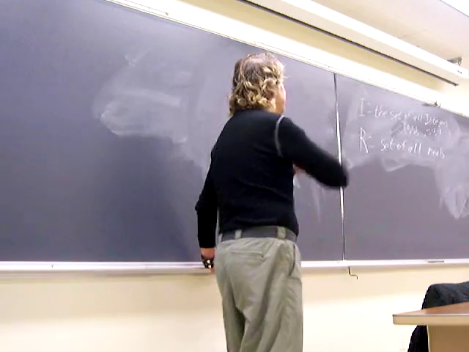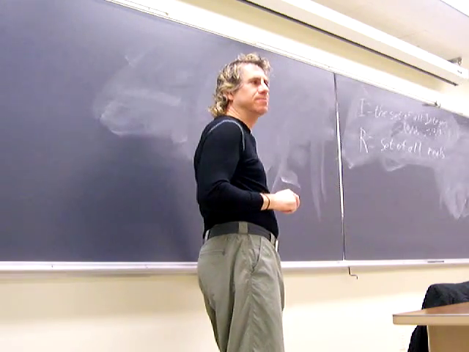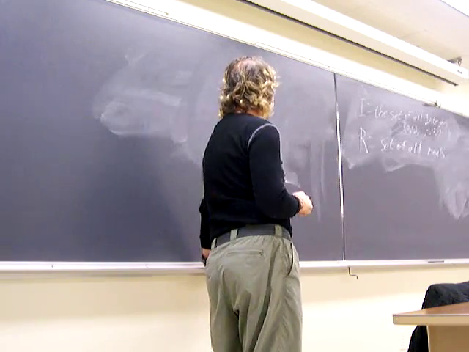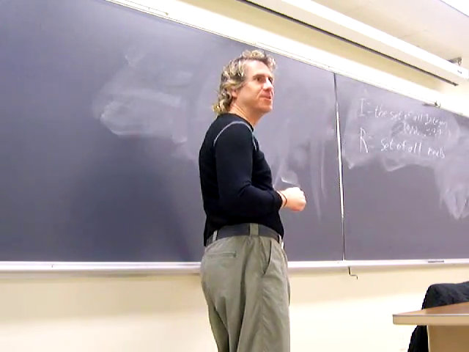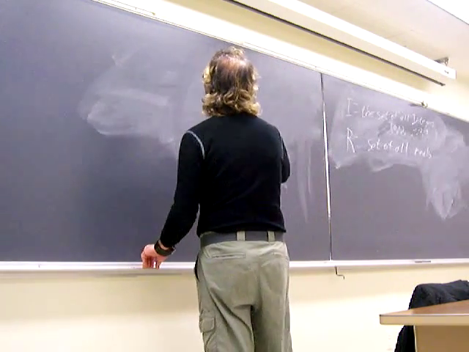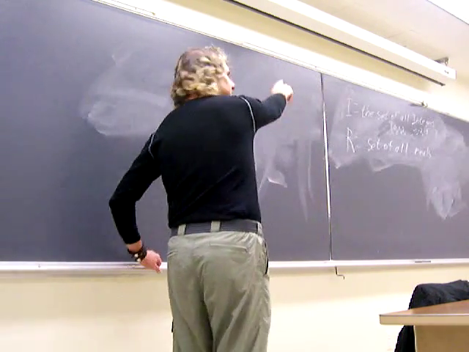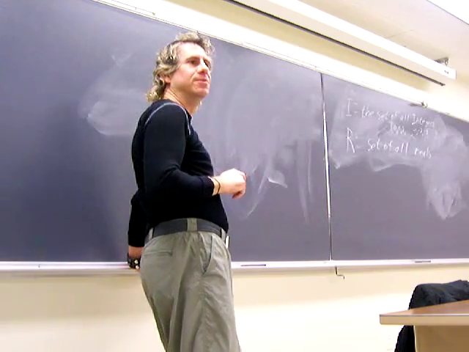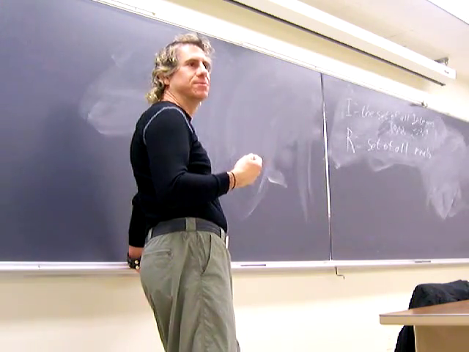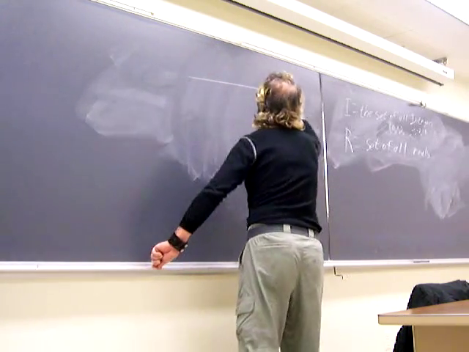Now, how do you show that there's more reals than there are integers? This was shown by George Cantor, so surprisingly, it's going to use Cantor diagonalization, and it's going to be very similar to the halting problem. So suppose that those have the same number of elements. Okay, then you can find a one-to-one map from every integer to every real number. Okay, so let's start writing these things down.